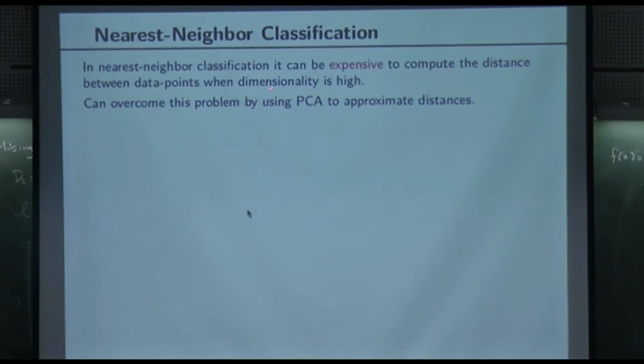This can become very expensive if you are computing distances between data points when the dimensionality is very high. So you've got a very high dimensional data point, and again think of images. You have a 1,000,000 dimensional vector and you want to do nearest neighbor classification, so you'll have to find distances, which means that you have to compute a norm in 1,000,000 dimensions. 1,000,000 is okay nowadays, but still, at the same time, let's make it a color image,